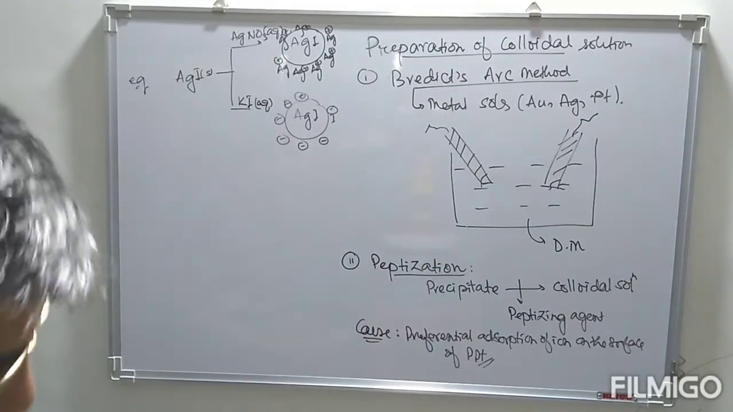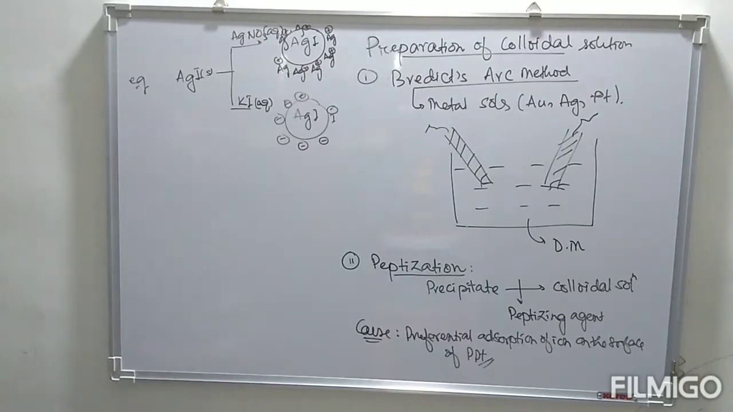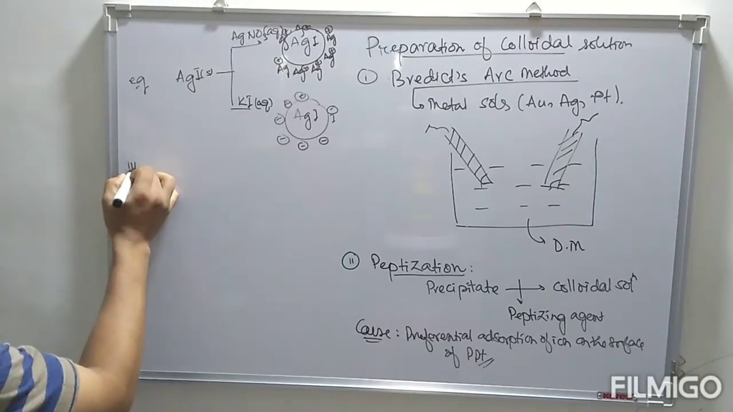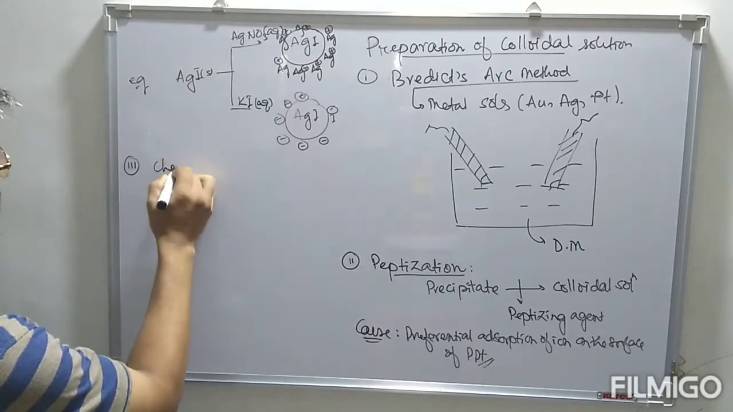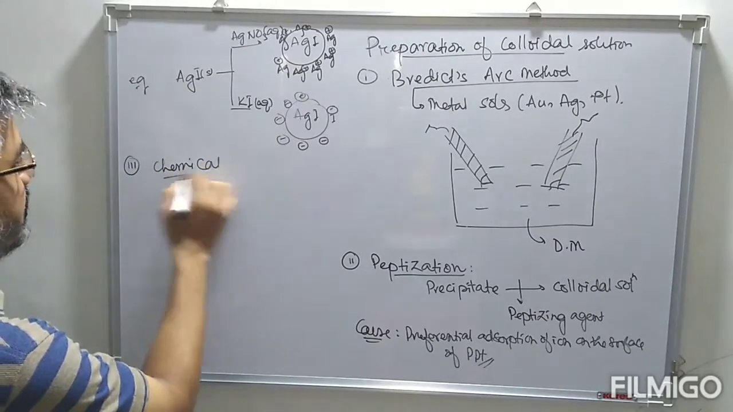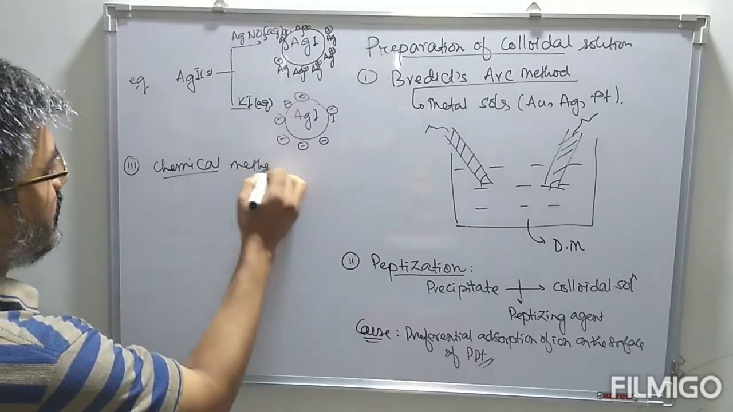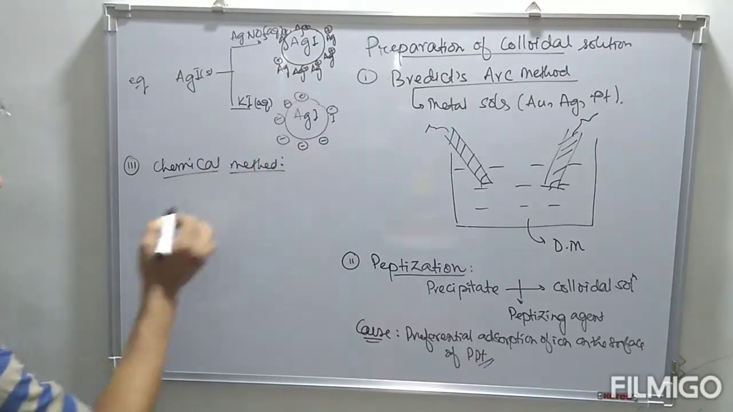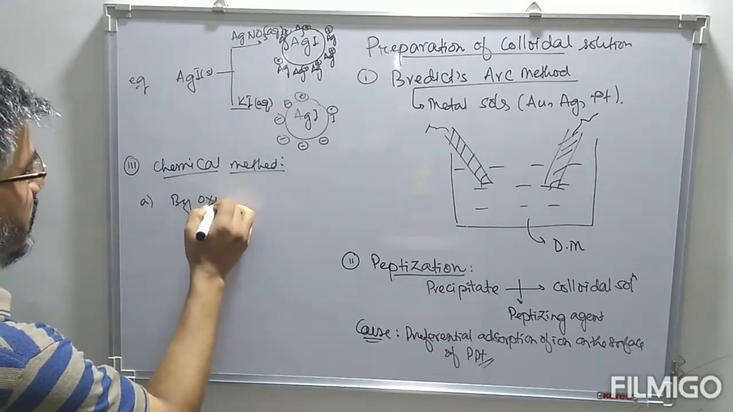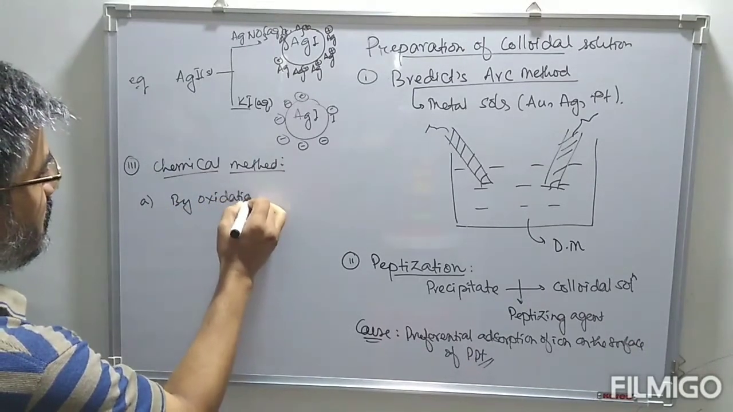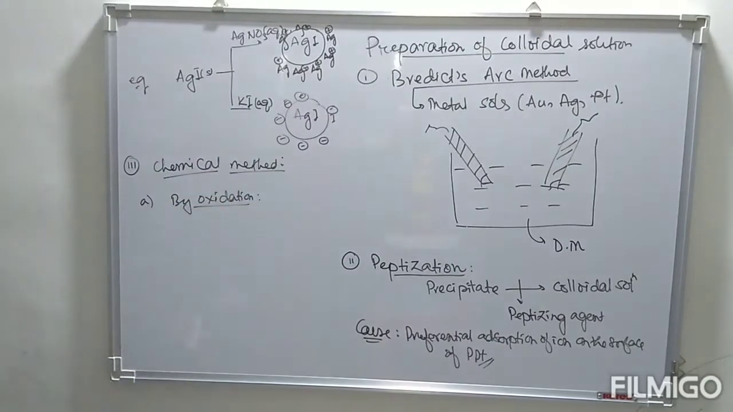This is one of the methods by which we can prepare colloidal solution. Another method is the chemical method, means by use of chemical reaction. Under this we have different methods, such as oxidation. By oxidation method,